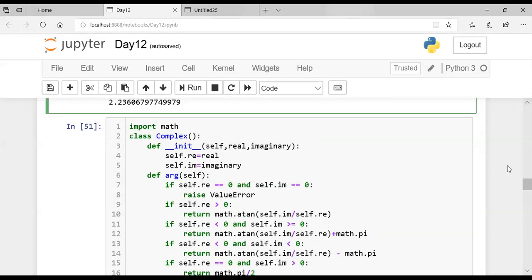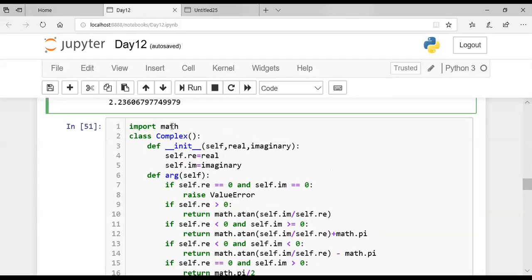Okay, so now I am sharing my programming screen with you. Please pay attention here now.